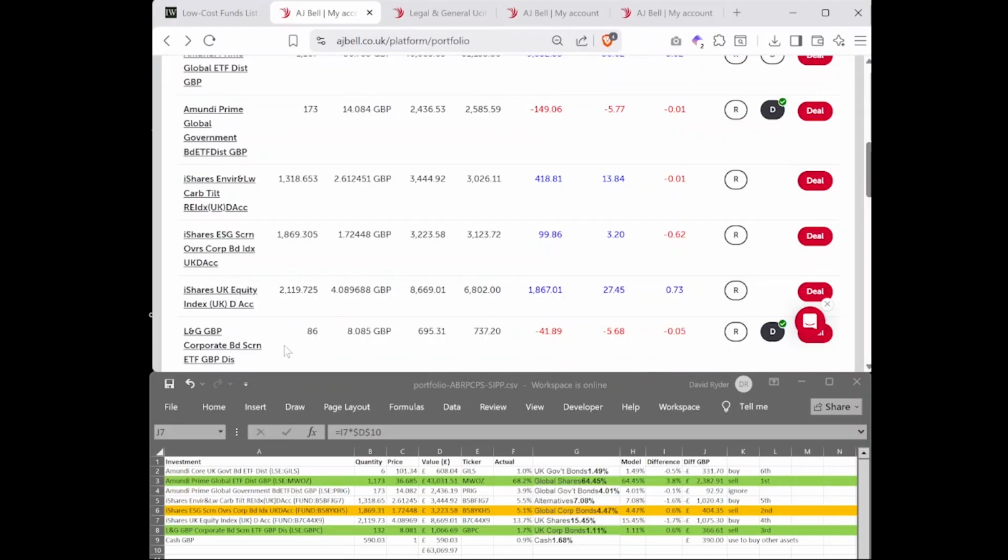So that one has processed already. It's down to 86 units, and ETFs are done pretty quickly, so the cash is already in my account. I can just check the cash balance and I can see it there. And that means I need to move on to task number 4, which is to buy